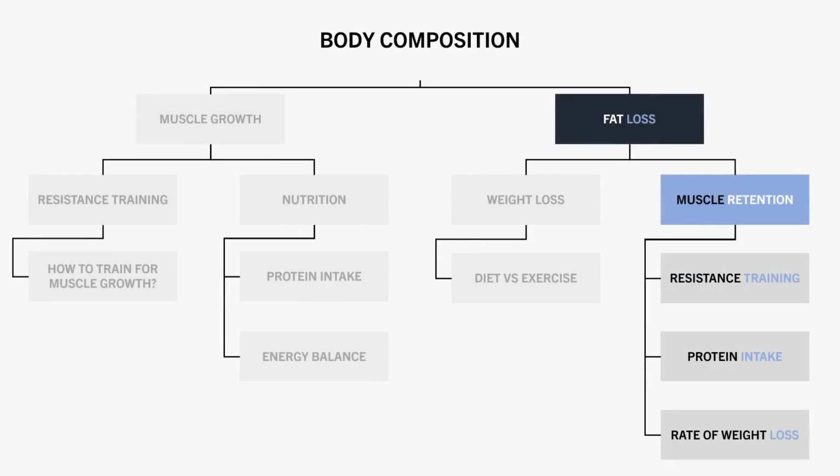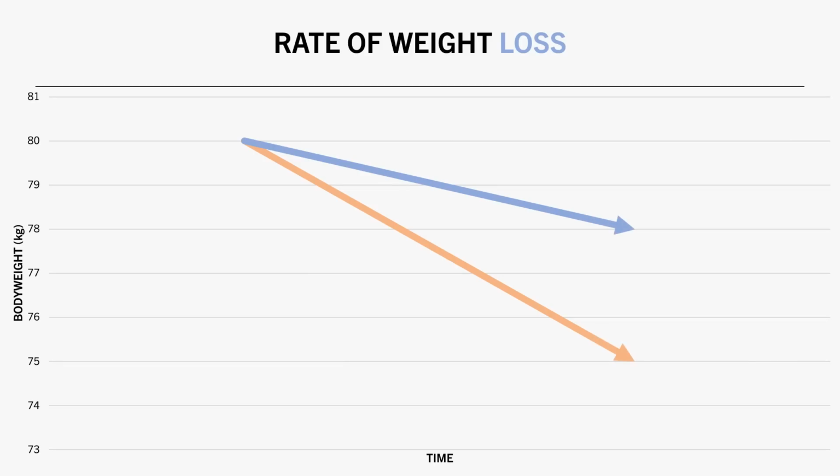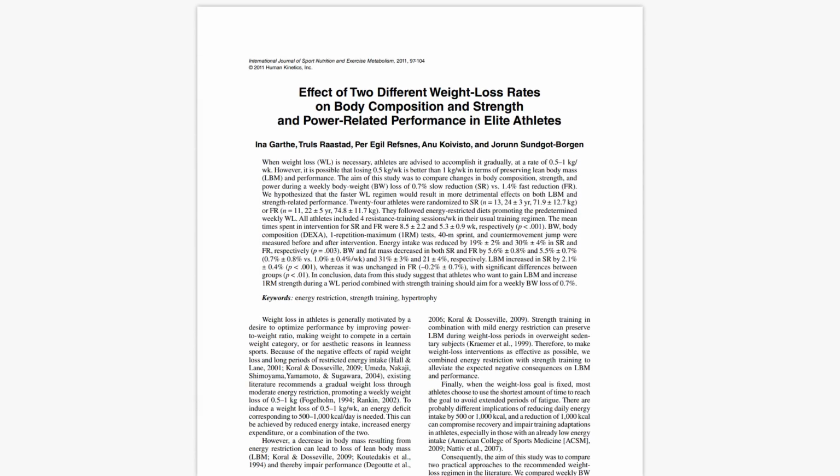And the last primary variable that can influence muscle preservation is the rate at which weight is lost. This is influenced by the magnitude of the calorie deficit. A larger deficit means faster weight loss, while a smaller deficit means slower weight loss. And we generally find that losing weight at a slower rate tends to result in greater body composition changes compared with faster weight loss. For example, this study compared the effects of losing weight at a faster versus slower rate